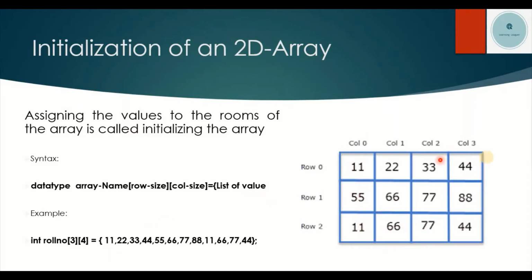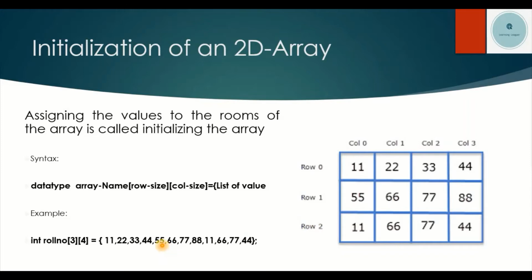See, now this is a bit clear, I feel. The first 4 values 11, 22, 33, 44, where have they been stored? They have been stored in the row only. See, always when you are working, you need to consider rows only. Arrays always work in the form of rows, not columns. Rows are more important for us than columns.